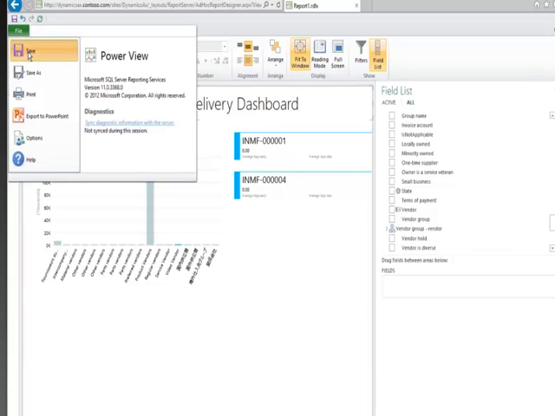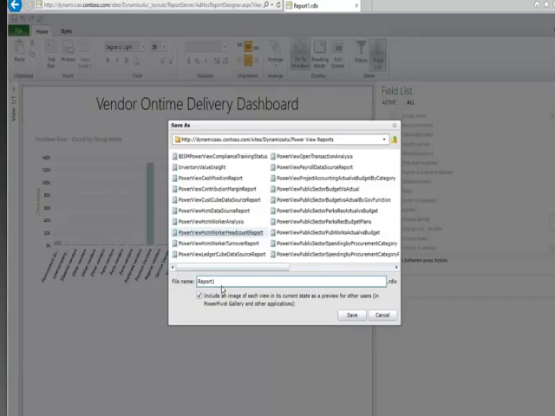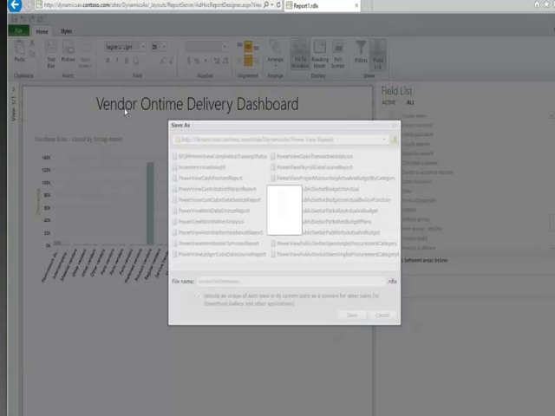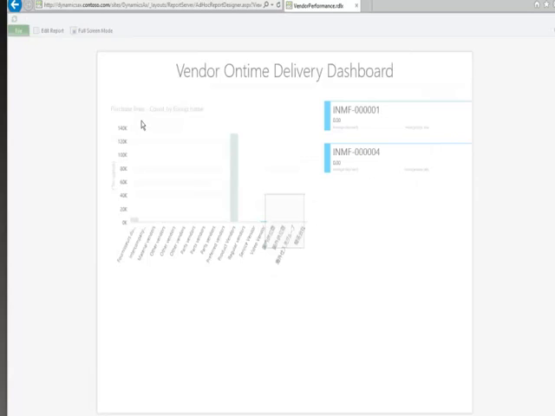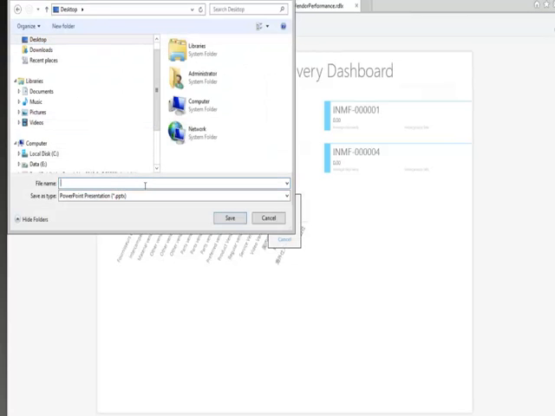I can save this. So now I'm putting it out there onto SharePoint so that everybody has access to it. And if I really wanted to get clever, then after this is saved, I can say I want to export this to PowerPoint. And then I save this to my desktop,